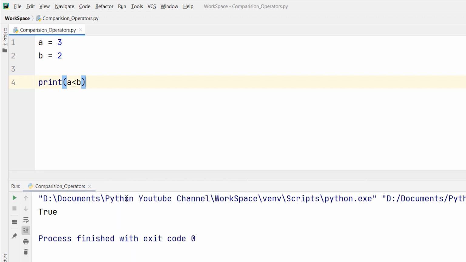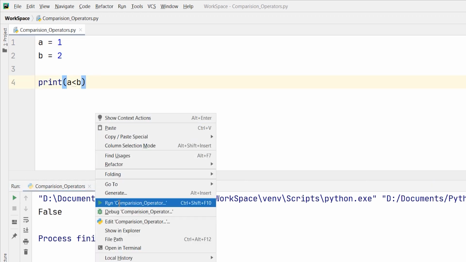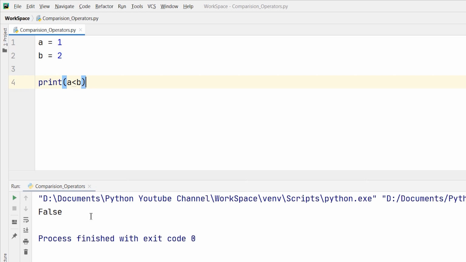I will use the less than operator in this case now. Now I will run it. It is coming false because b is not greater than a. Now if I change the values, say I am making a 1 and b as 2, now b will be greater. So the answer when it is run will be true because the value of b is greater than 1 and we are checking it through the print statement. So this is the less than operator.